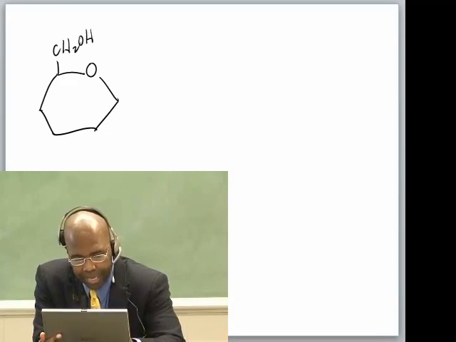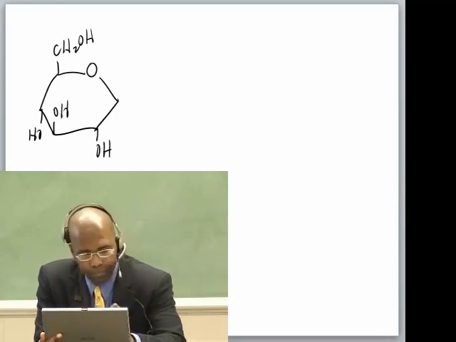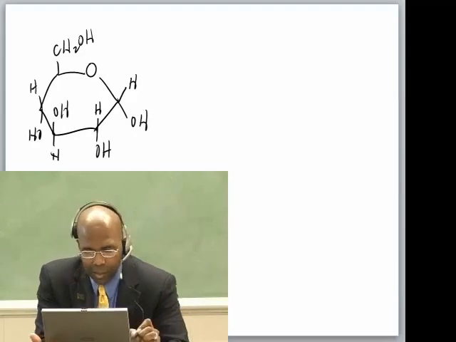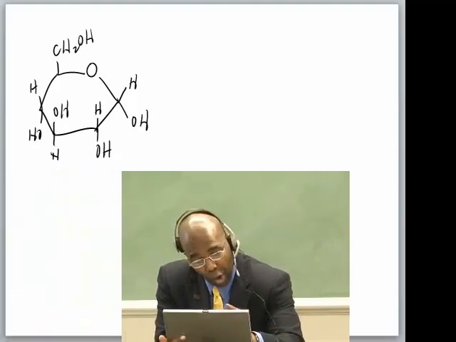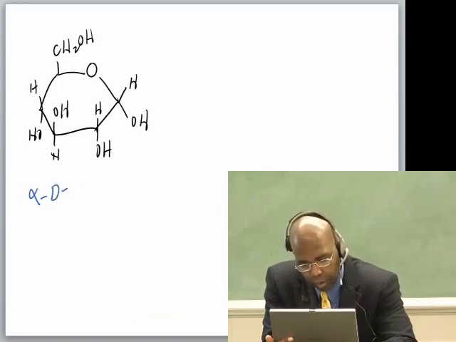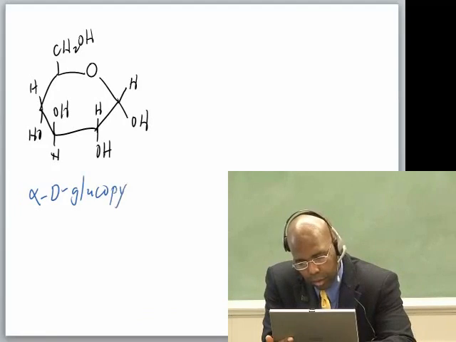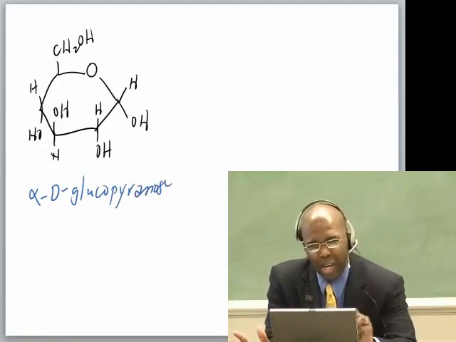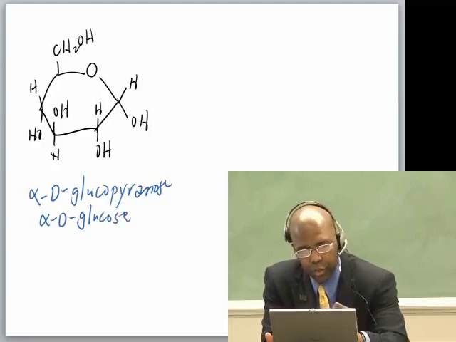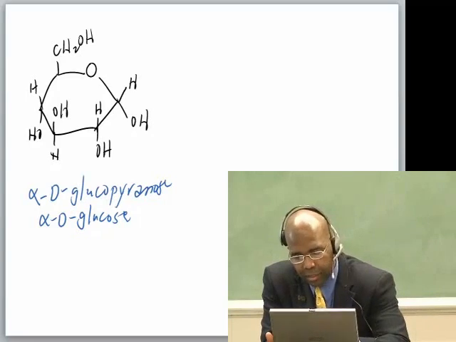CH2OH. So that's up, down, and let's do alpha. And I'm going to put the H's here, the hydrogens. Okay, now, if we wanted to put the whole name of this, what would we do? Alpha, D, glucopyranose. That would be the entire name, but we don't really care about all of that right now. So if it's okay with you all, I'm just going to name this alpha D glucose. Is everyone okay with that? So we're going to have alpha D glucose. That's going to be a reactant